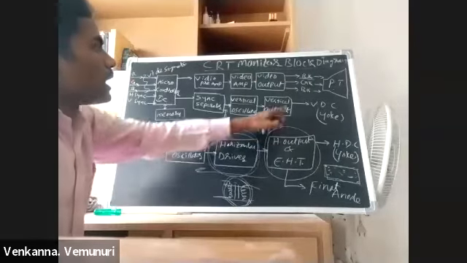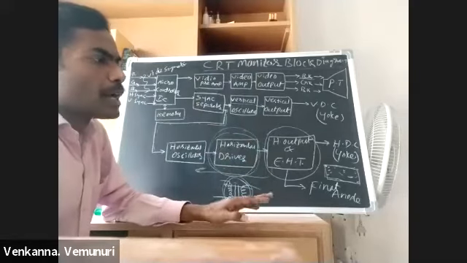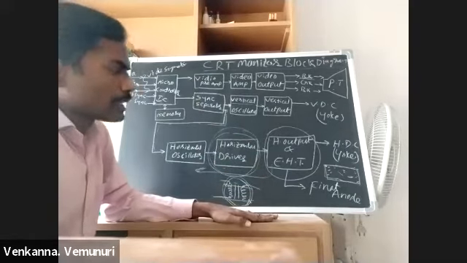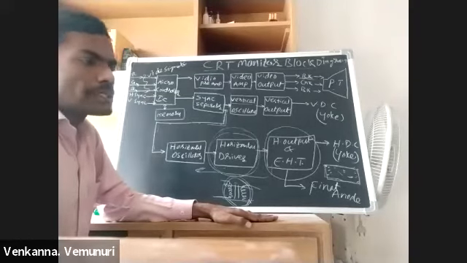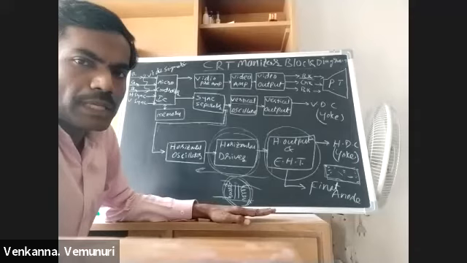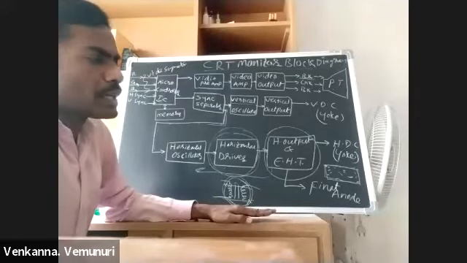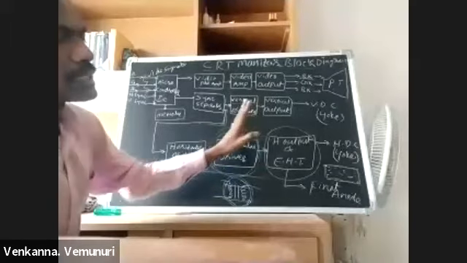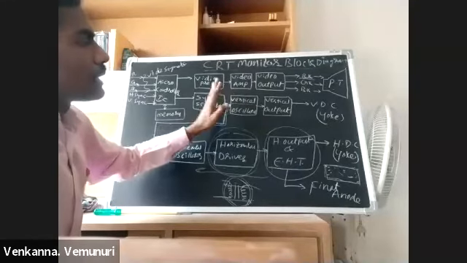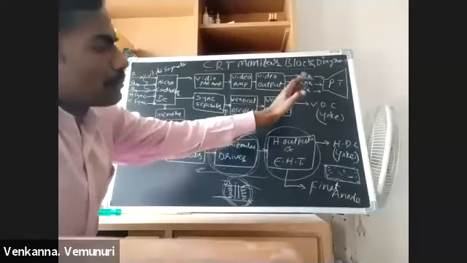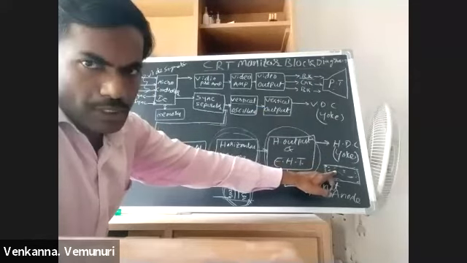All these sections work with different voltages. For that purpose, in this monitor we are using a power supply unit. It is generally called SMPS. That SMPS generates different voltages. Those voltages are connected to the different sections. Then all these sections work and give output, and we see the picture on this CRT picture tube.